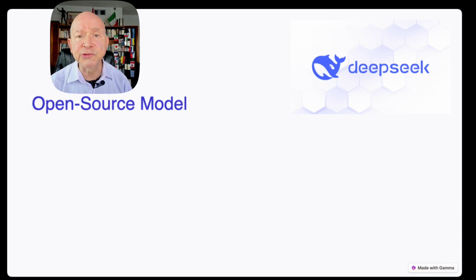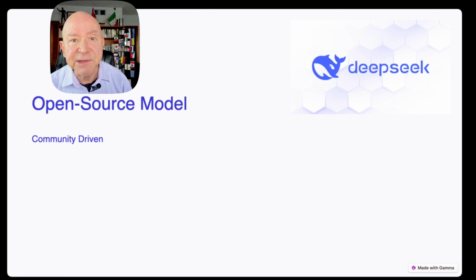So as we look at this open source model, here are some things to be aware of. First of all, community driven. That's important because, as we often say at Stark Raving Entrepreneurs, none of us is as smart as all of us. That's an old Japanese saying used a lot in Silicon Valley, but it's still true. We need a community. Whatever we're in today, we can't do it alone. No one person can make it by himself or herself. But what you want to do is have a group of people.